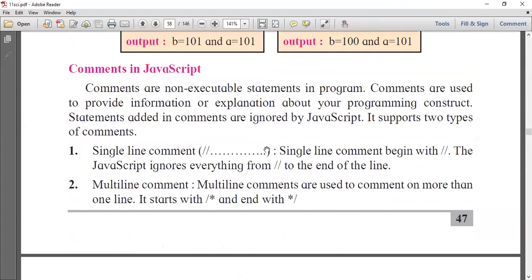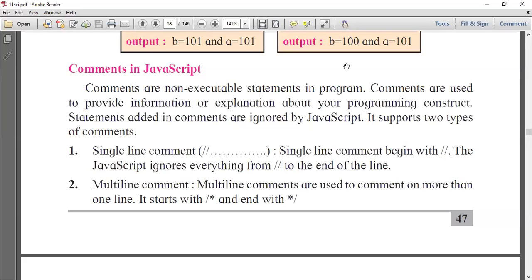Okay, now we will come to this part, that is comments in JavaScript. How we can write comments in JavaScript. Can you tell me, in HTML if you want to write a comment, which tag you have to use? Yes, anybody remember? To write a comment in pure HTML, here we are going to study JavaScript, but in pure HTML, if you want to write a comment, which tag do we have to use?